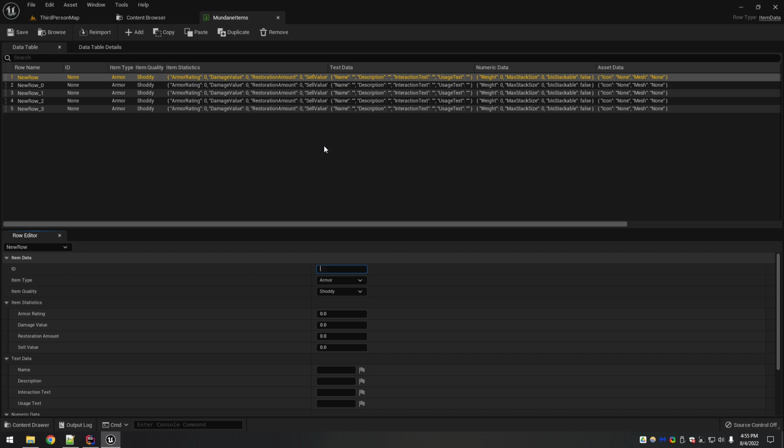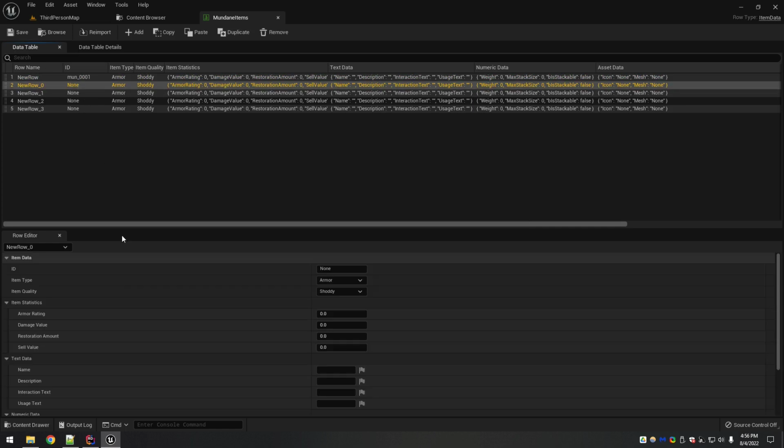And I'm going to use some kind of identifier that's like numbers and letters. So mundane items, it'll be like MUN 0001. That gives us up to 9,999 possibilities of items. And then you can go down and set that.